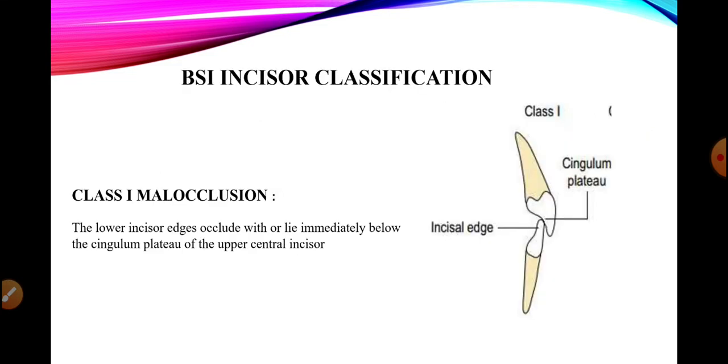And when we talk about the British Standards Institute classification, the malocclusion is based on the incisor classification, as I have mentioned earlier. Therefore, according to BSI, class 1 malocclusion is dependent on the incisor relationship. Before I tell what class 1 malocclusion is, we need to know